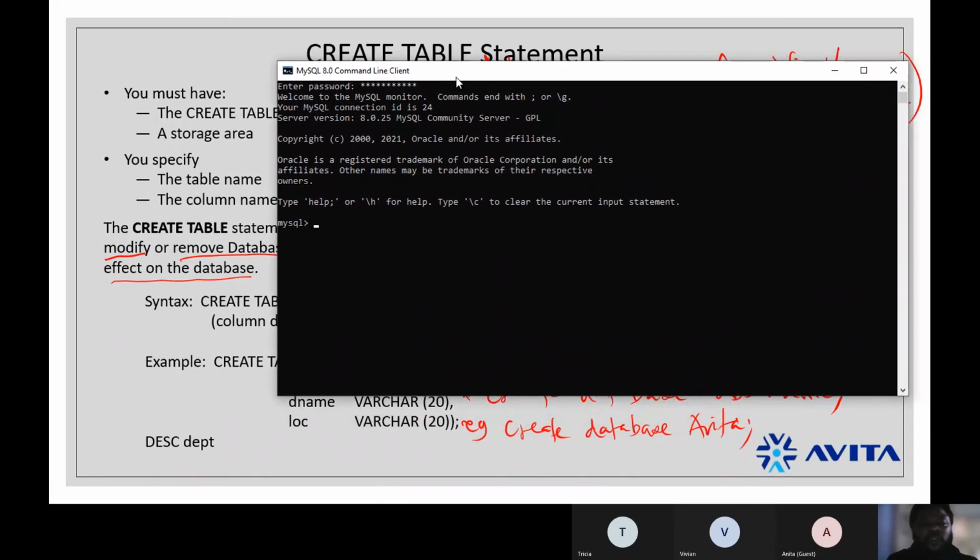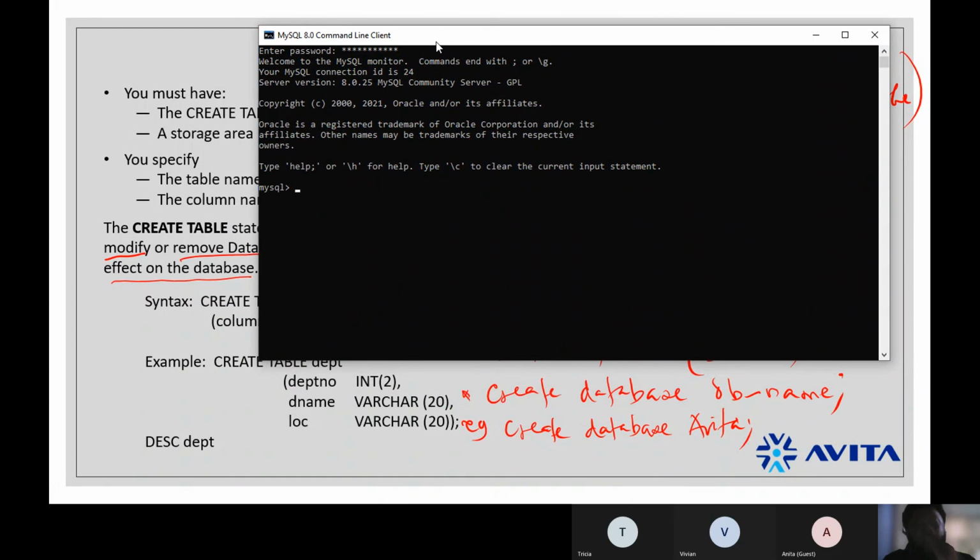Remember we said we want to create a database. The reason we came here to create a database is because this command line is where we have administrative permissions. I'm logged in as an admin here, so it's easier for me to create my database from here.